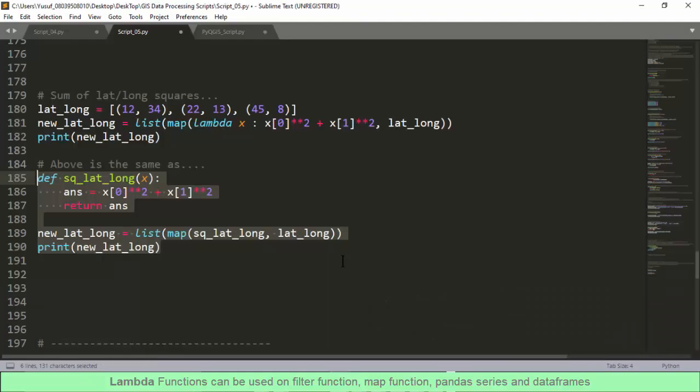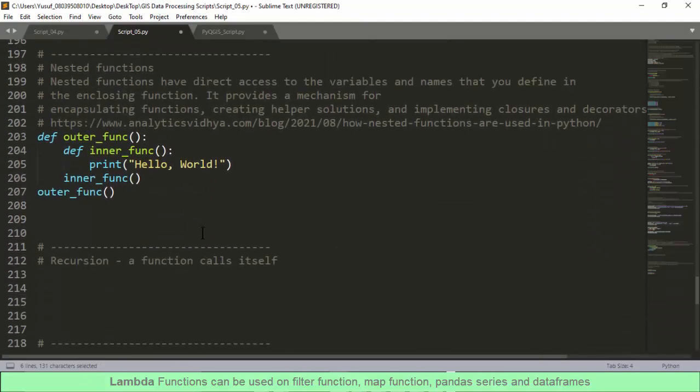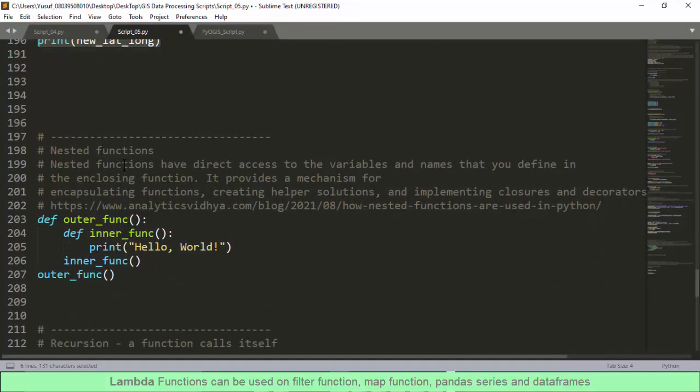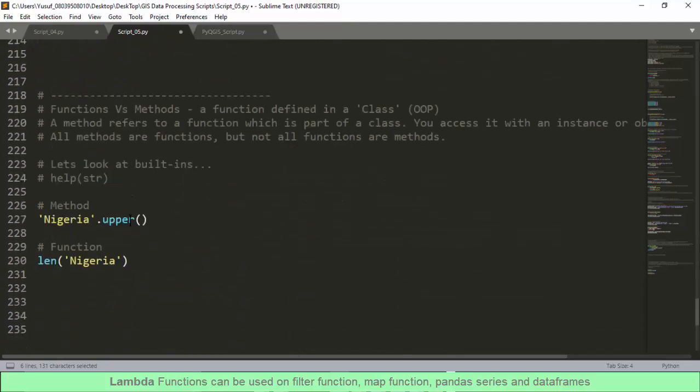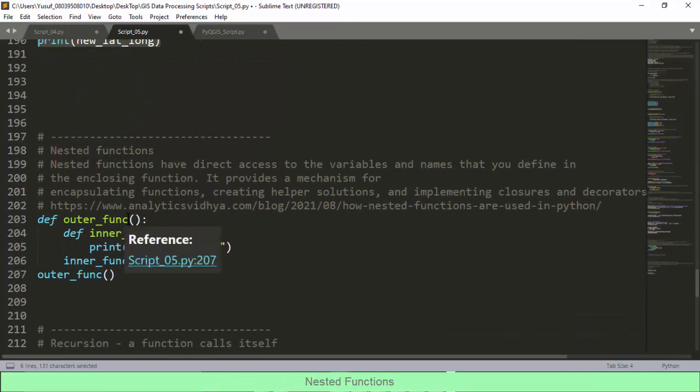So let's go back to the note. What we have next in the note is nested functions. I'm not going to talk much about this in the sense that it is a little bit complicated and is beyond the scope of this video lesson. But what I would like you to know about